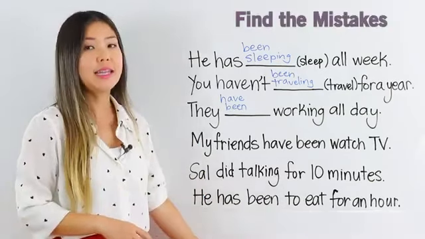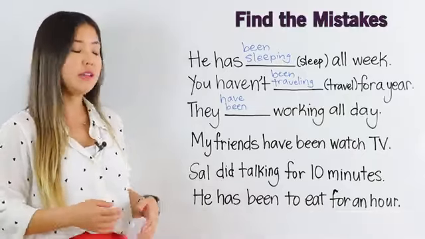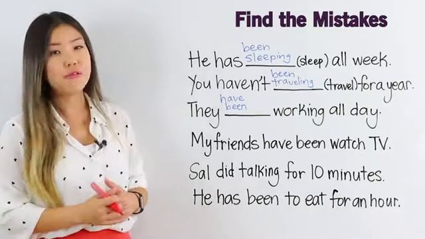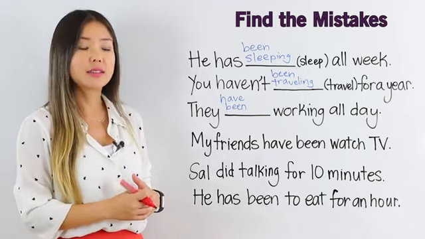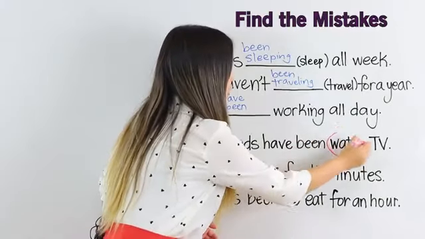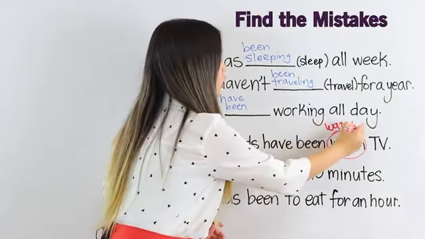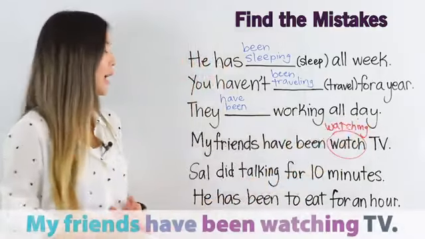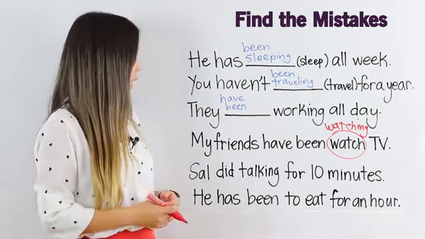Now, find the mistake in the next sentence. My friends have been watch TV. My friends have been watch TV. What's the mistake? Remember, we need to add ing to the end of the verb. So, we should say, my friends have been watching TV. Next,